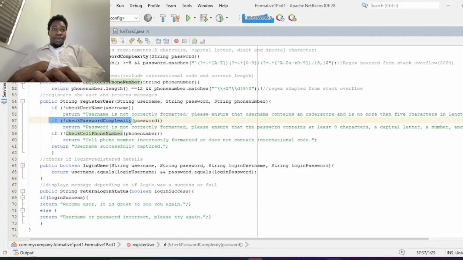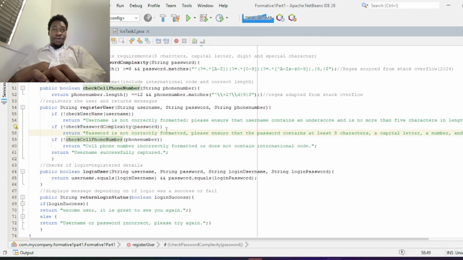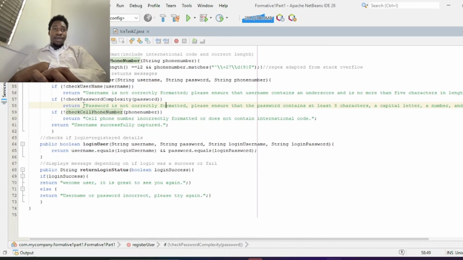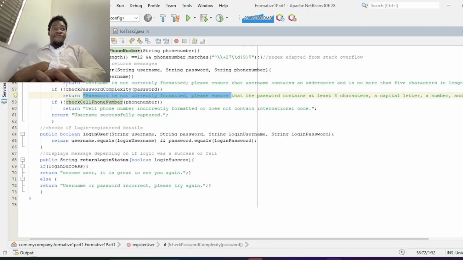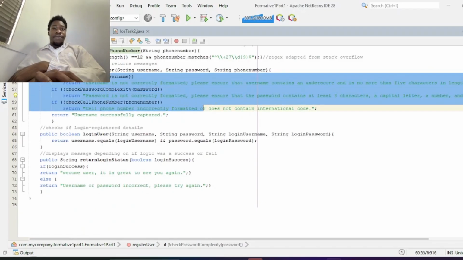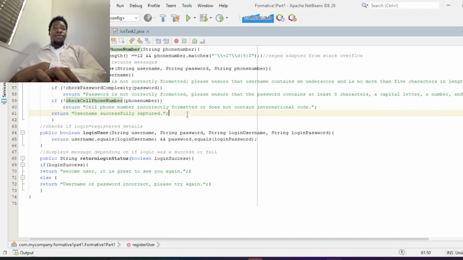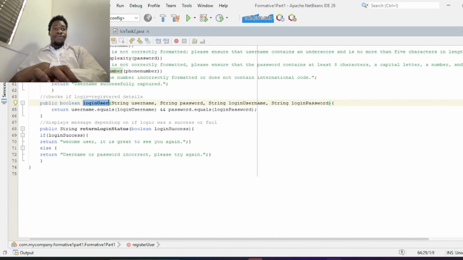If the method check password complexity fails and the user didn't enter the password with the correct criteria, being 8 characters, a capital letter, a digit, and a special character, the user would get the message password is not correctly formatted. Same thing with the cell phone number. If all these methods come back true, meaning that the user entered the correct formatting, the user would get the success message, username successfully captured, which ensures that the user can then move into the login part, which here we use